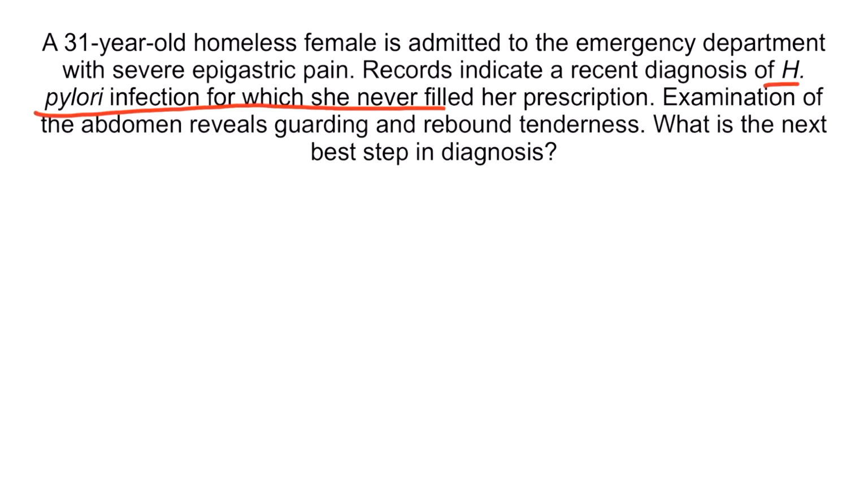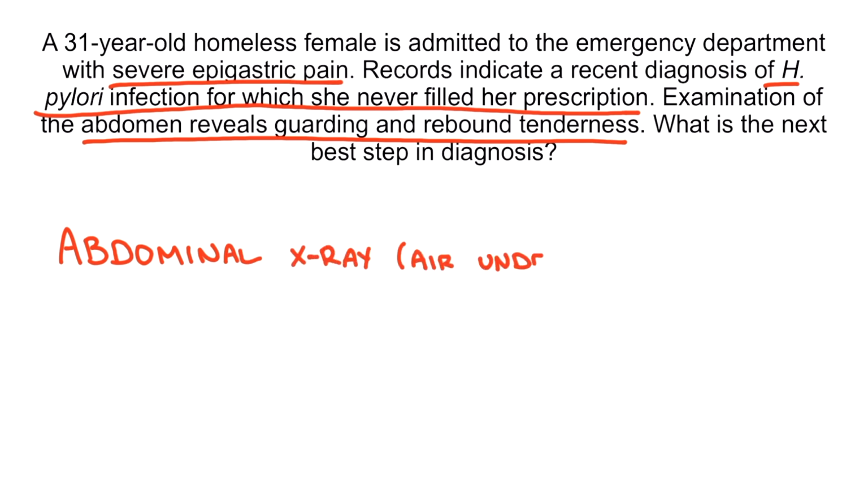pylori infection that was never treated, who is now presenting with severe epigastric pain and exhibits guarding and rebound tenderness on examination of the abdomen. This presentation is concerning for an untreated gastric ulcer that is now perforated. Hence, the next best step in diagnosis would be to order an abdominal X-ray to evaluate for air under the